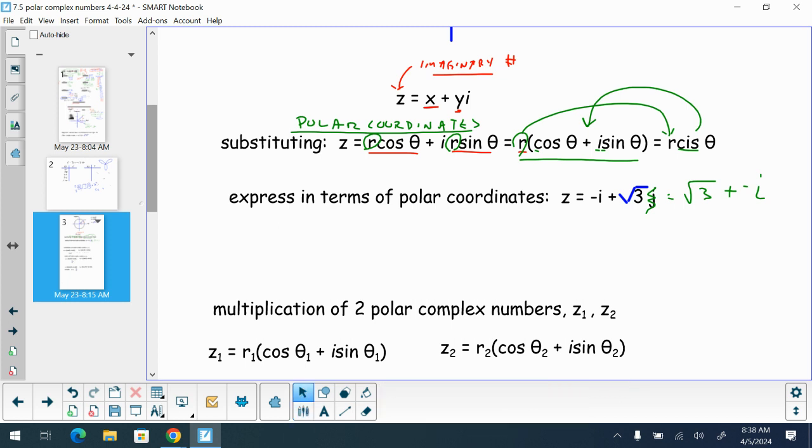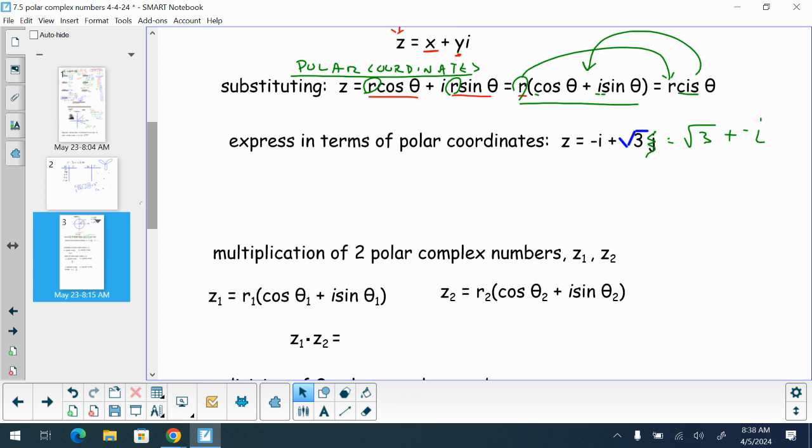And I want to write this in polar coordinates. Don't know why I threw vectors in there, but